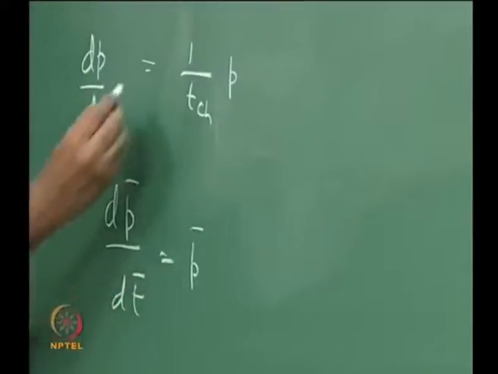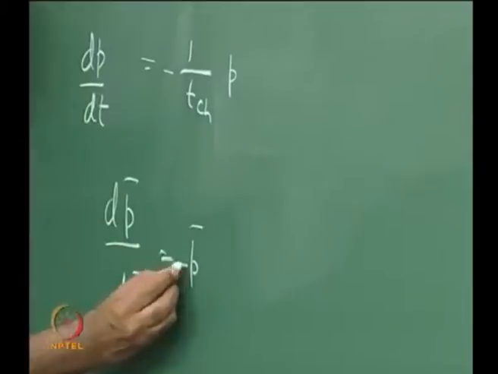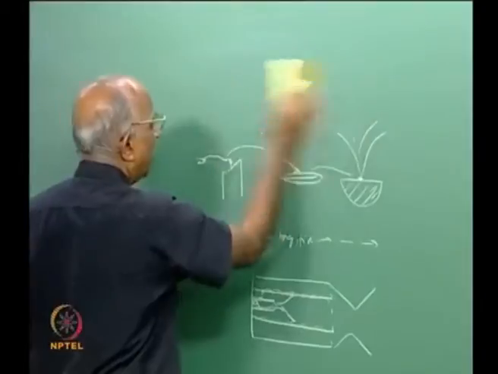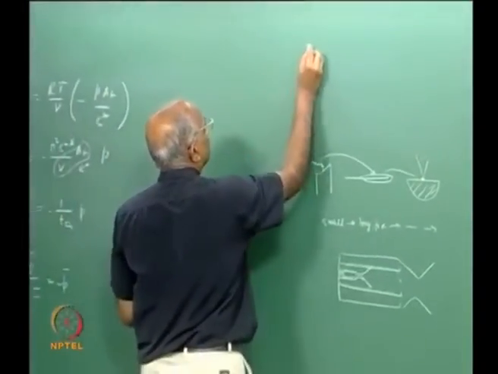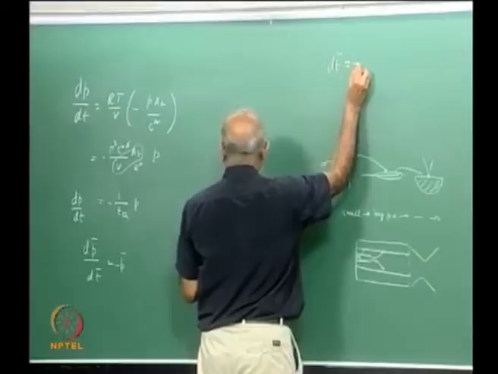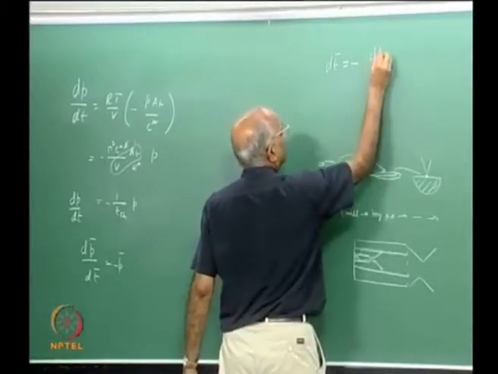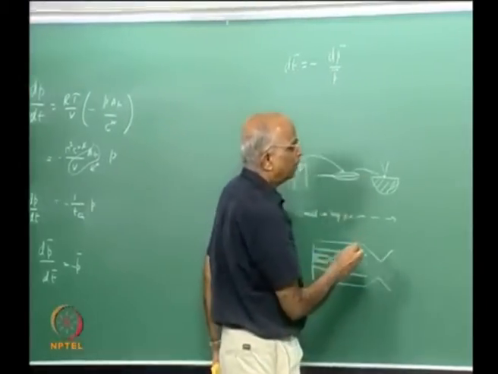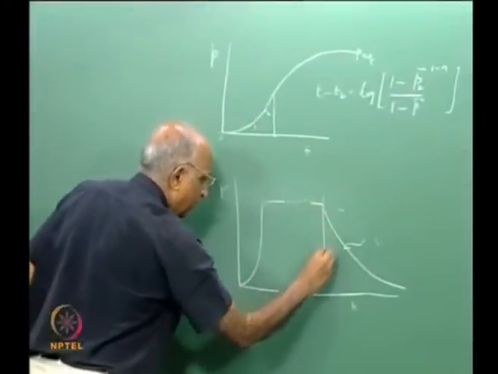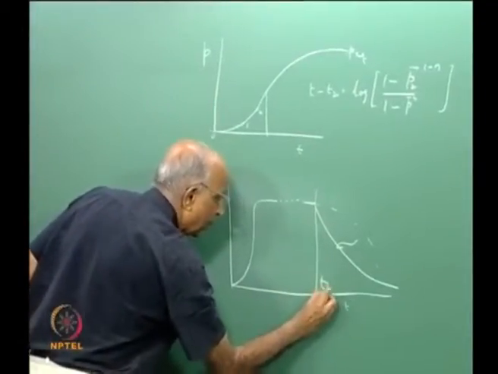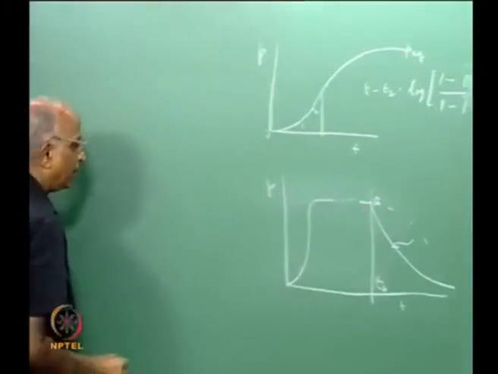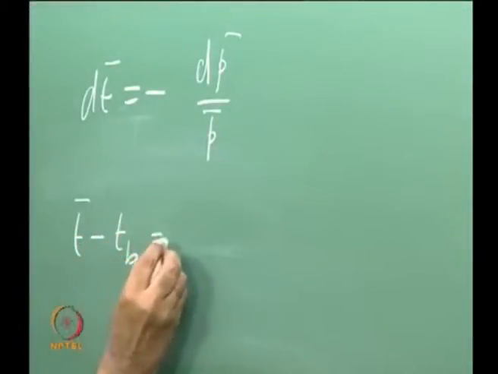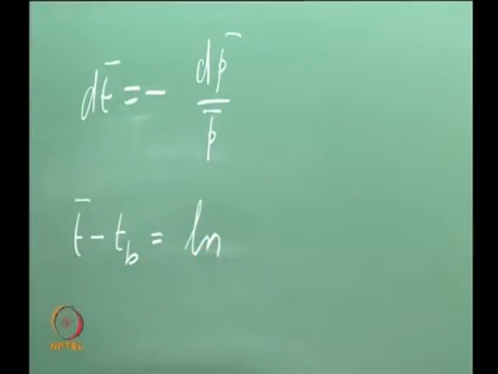Mind you, there is a minus sign over here, and this tells me that dt is equal to minus dP by P. Let us say this is the time at which burning gets completed, TB. Therefore I get T bar minus TB equal to the logarithm of the,